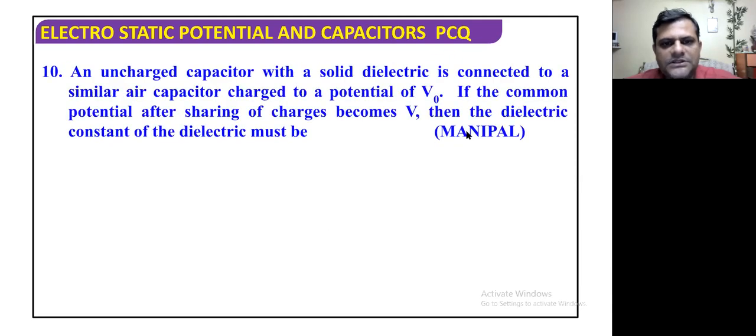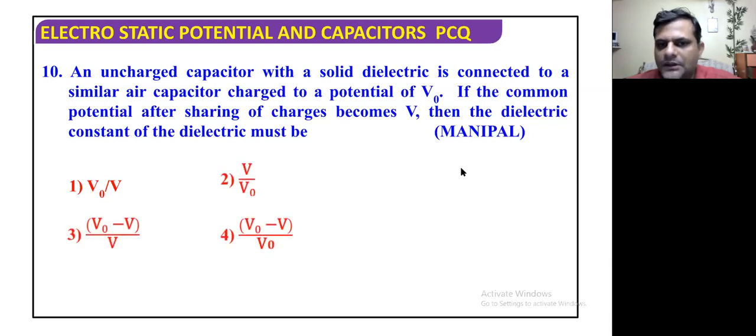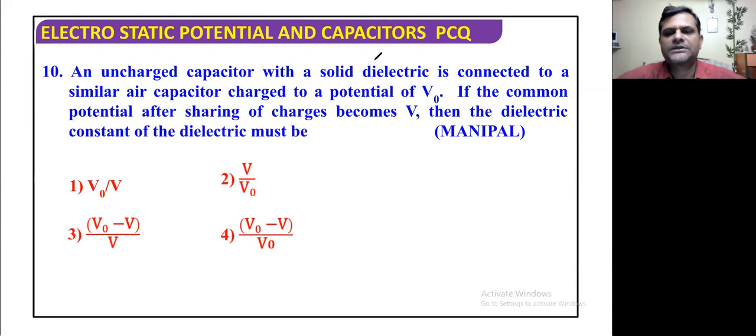An uncharged capacitor with a solid dielectric is connected to a similar air capacitor charged to the potential of V0. Okay, if the potential after sharing the charges becomes V, then the dielectric constant of dielectric must be. Yes, so this is also a simple question. See, we have already seen that if suppose uncharged capacitor and a charged capacitor,